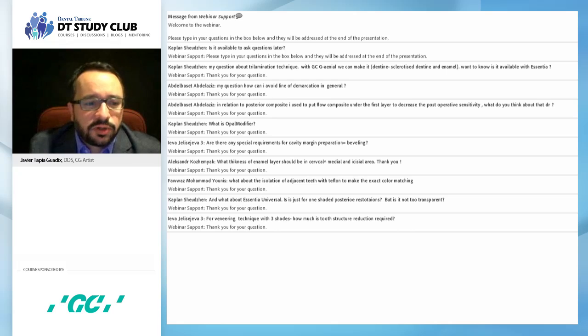Cavity margin preparation. Do we need beveling? I only use beveling, especially on anteriors, in order to mask a little bit the transitions between the different layers. So we overlap the dentin on a bevel of dentin, and we overlap enamel on a bevel of enamel. And that's why it's just for aesthetic reasons, because normally when we cut enamel, even if it's completely flat, perpendicular